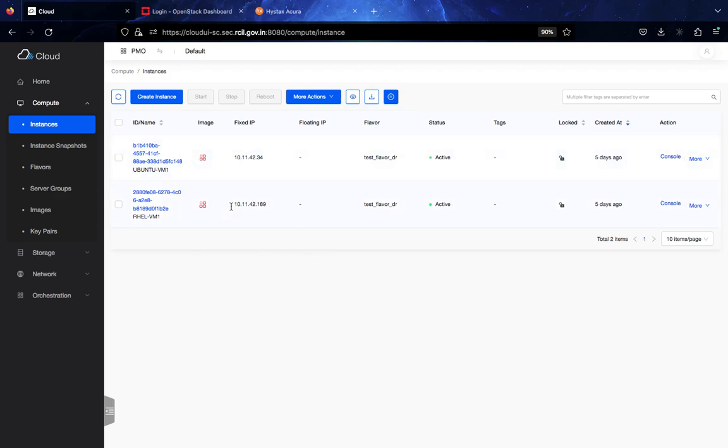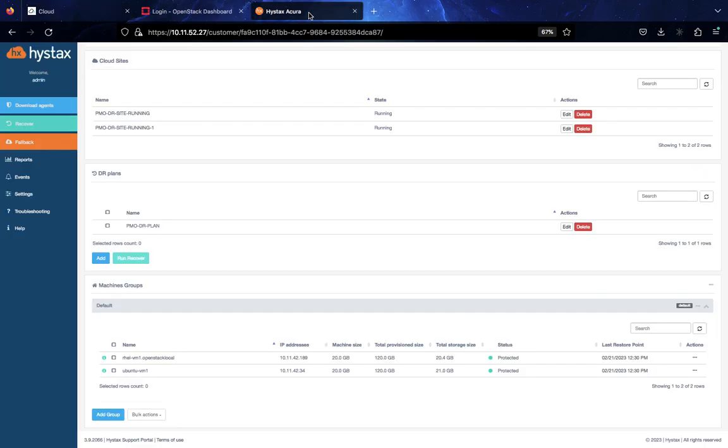This is what we see currently in Secunderabad. We can see two VMs already running for almost 5 days now, for which we have already set up the DR. I'll show you the Hystacks panel. This first section is where we can see the currently running machines in Secunderabad. The same two VMs which I showed you in Skyline are running here, and any new machine created in that project, followed by successful agent installation, will automatically be discovered here in Hystacks, and it will be